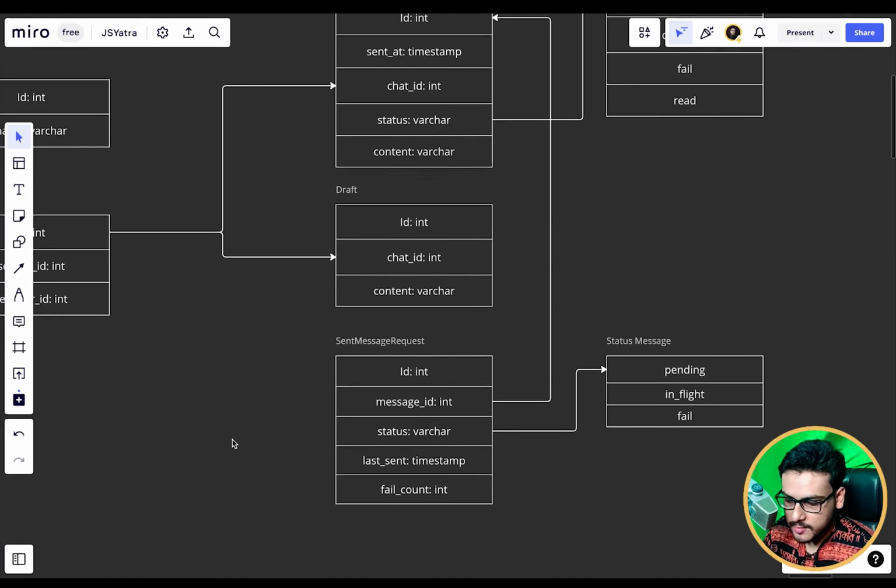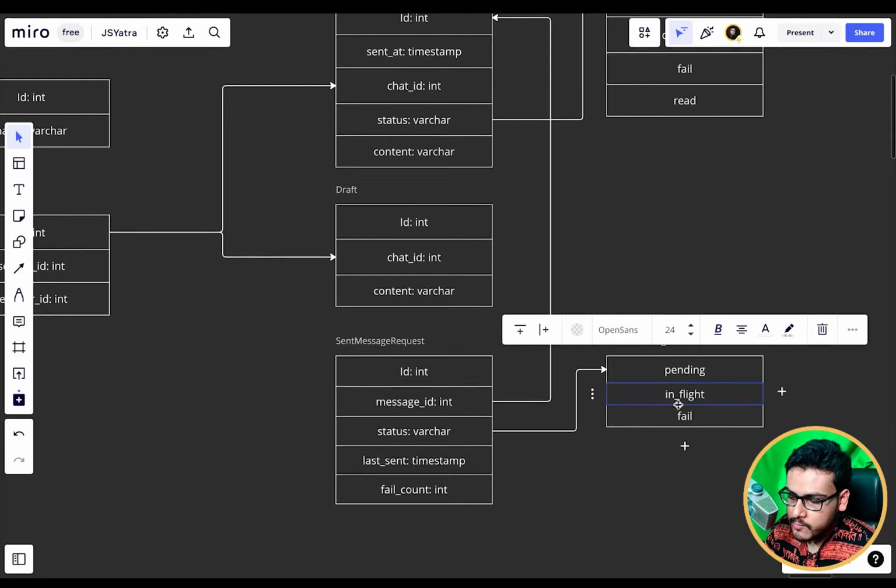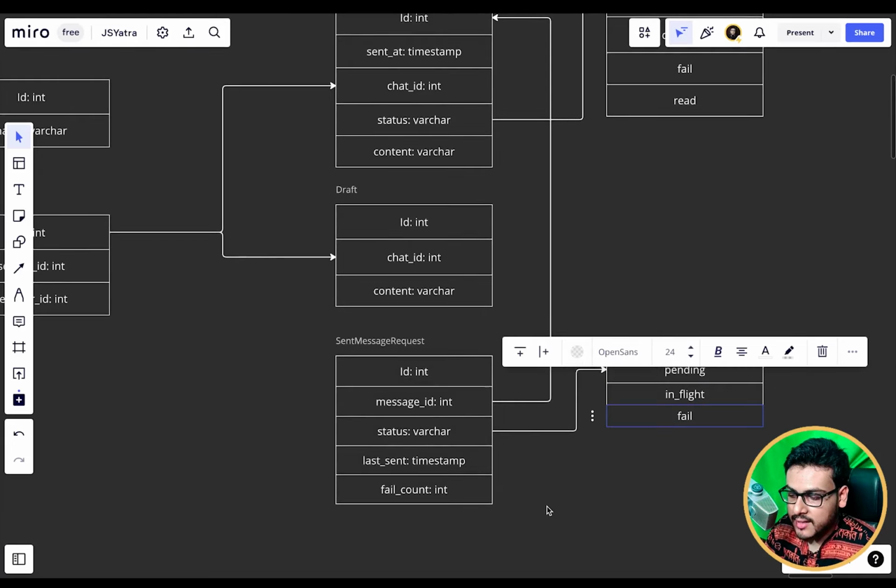So for the first and second case, we are not going to update the UI. We are only going to update the UI when we retried for the third time, and in the third retry also it failed.